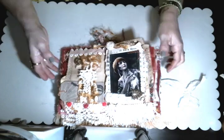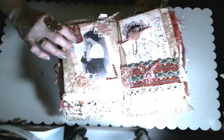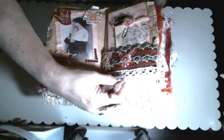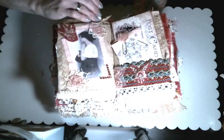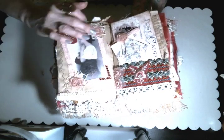Now in this section I used some trim that came from Vintage Rose Creations, along with some lace and braided trim that came from my own personal stash. I used some peach colored elastic trim from Vintage Rose Creations, some small doilies, and for the background on the other page I sewed in a coffee stained